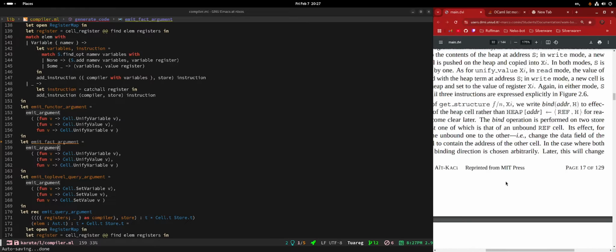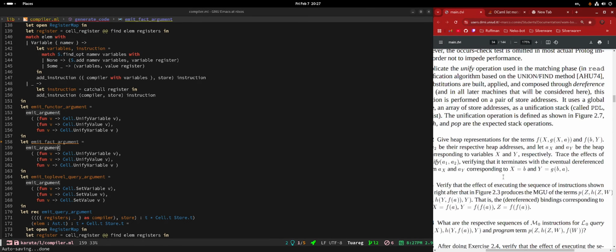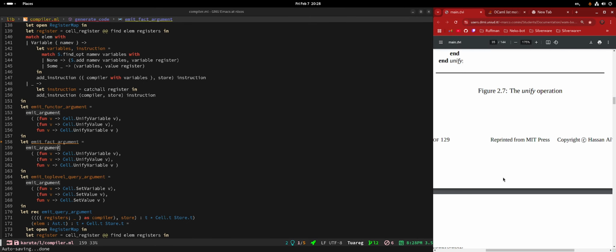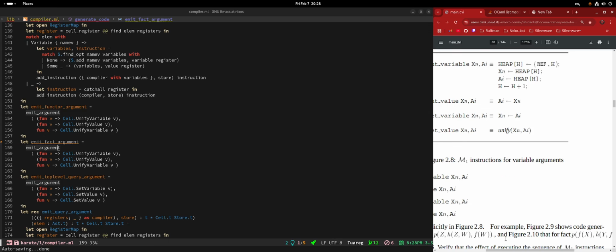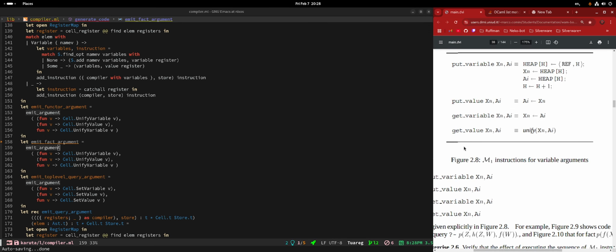Try to analyze that piece of code to see if we can get away with set value instead of get value. Well, it's not set value in this case. And the idea here is, okay, we need to look at get. It's get value, right? Or is it get variable? No, get value. Get value. Okay. We need to see if there's something else that takes one register but is